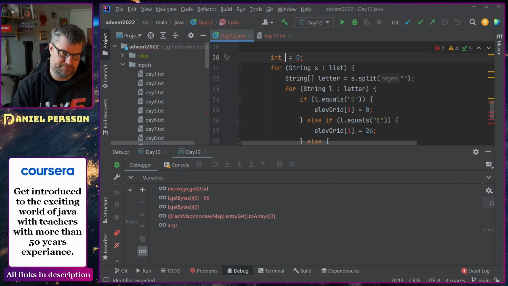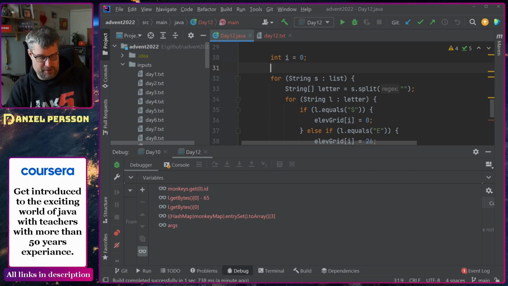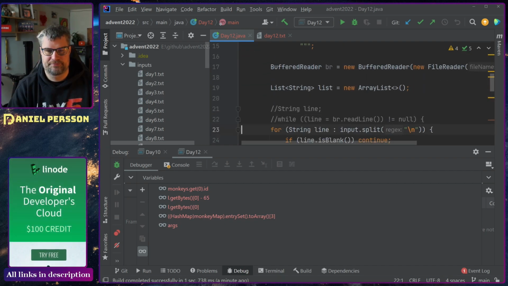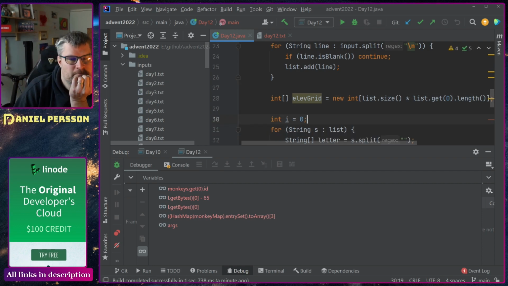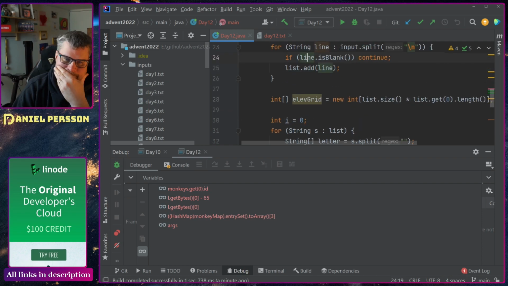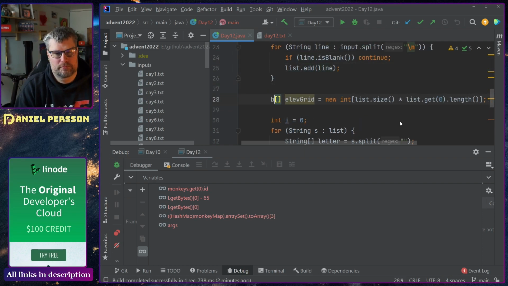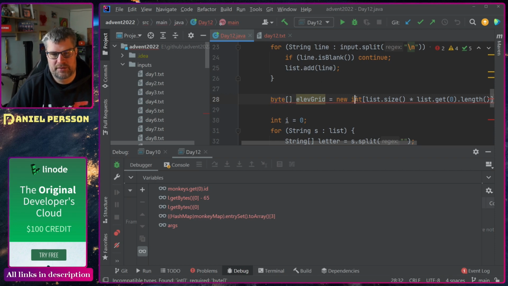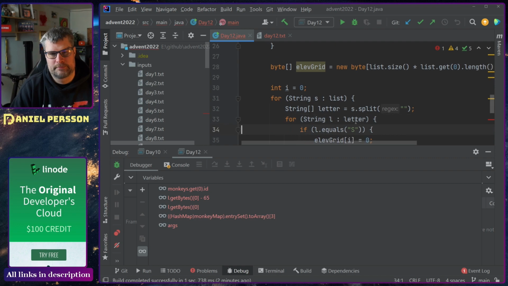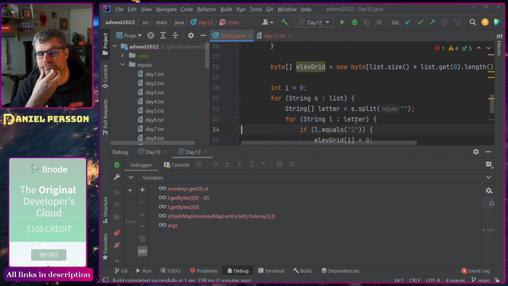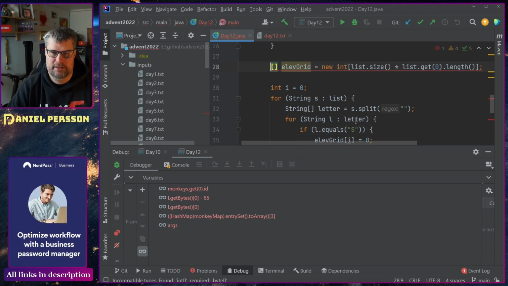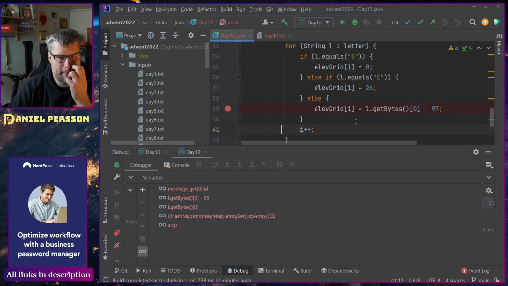I think we still need X and Y as well to figure out what position it is. We could have a byte grid as well, but let's stick to an int grid. I don't think it will be that large. So we need to know where it starts. We need to know where it ends, and we need to figure out